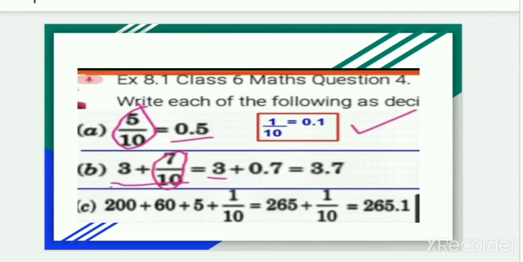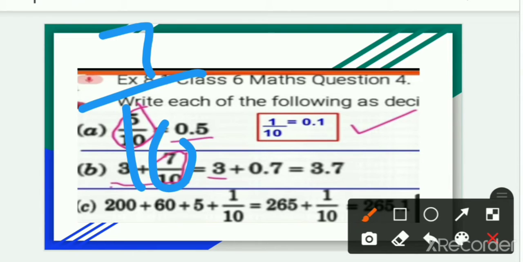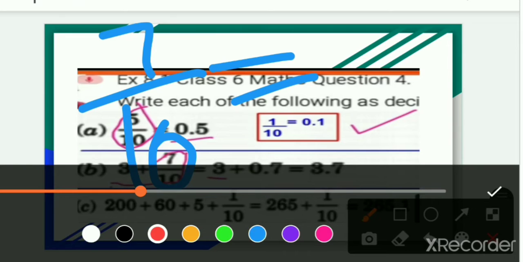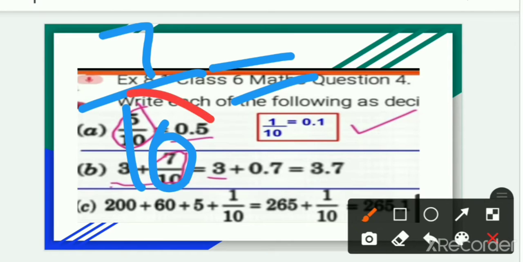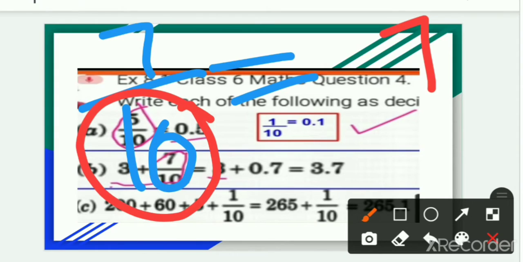But there is another thing. If the fraction is given and you have to write it in decimal form, just go through the number. How many zeros are here? One 0. Write the digit given in the numerator, like 7, 71, 74, 799. Now count how many zeros there are, one 0, and in front of that place make a point.